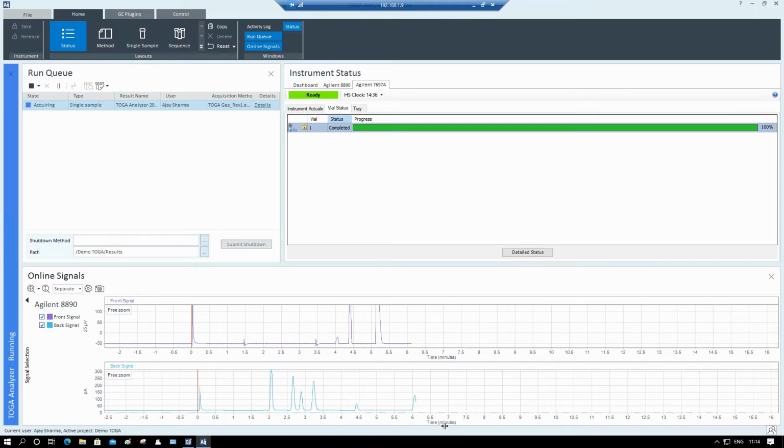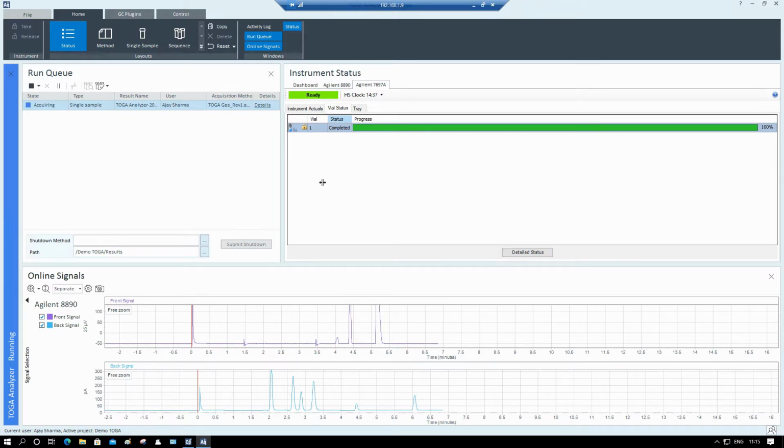So the peak at this moment, at 6 minutes, is probably methane. And then we'll wait. After this is the carbon monoxide, which will come through the methanizer to the FID, which, if it is a low ppm, we'll be able to have a very nice and sharp peak.